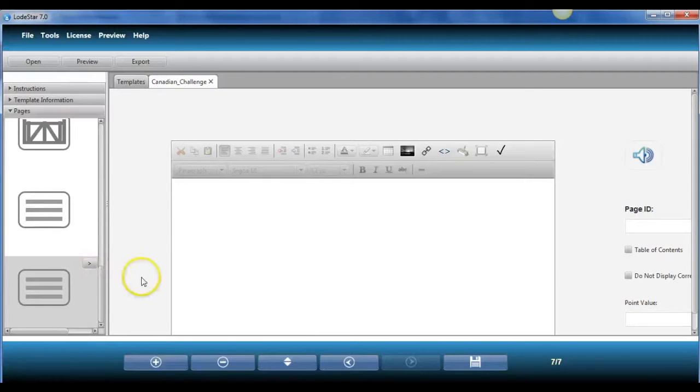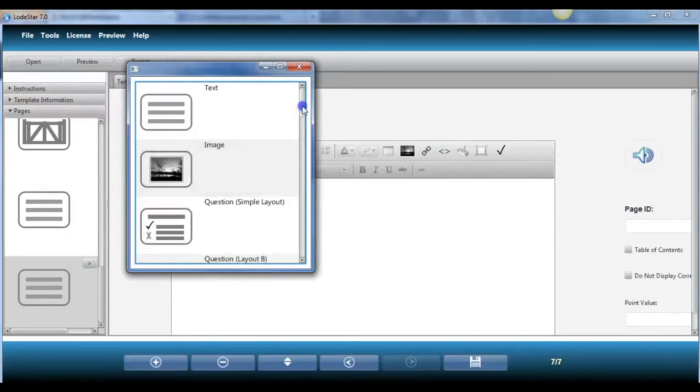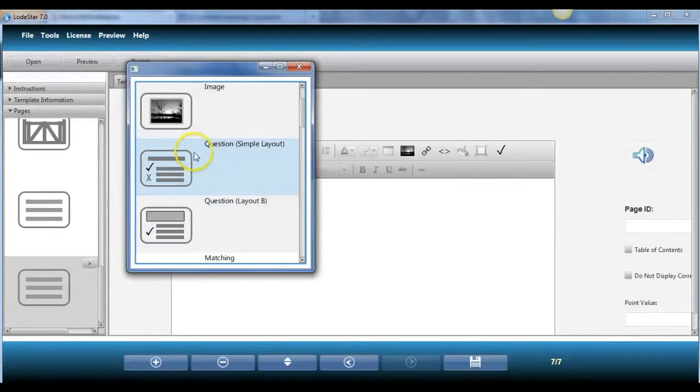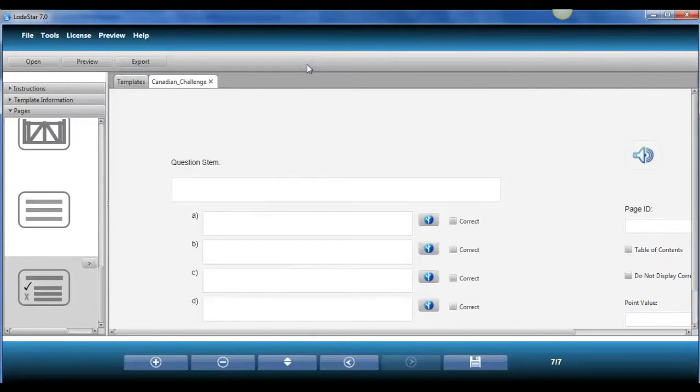Now let's create a simple true or false. So we'll change the layout by selecting this little arrow button. Now this is just a simple question, but we can turn that into a true and false type of question. So let's ask the question,